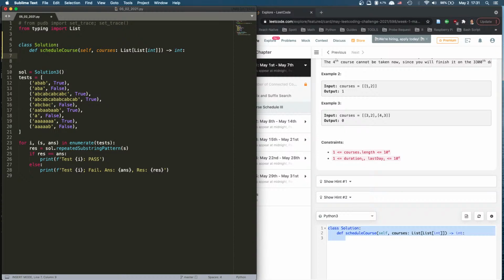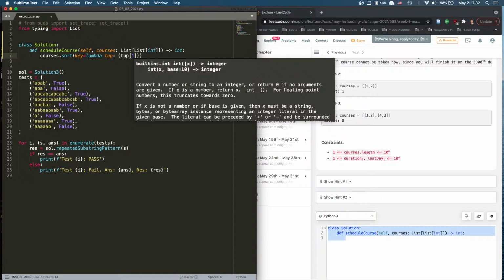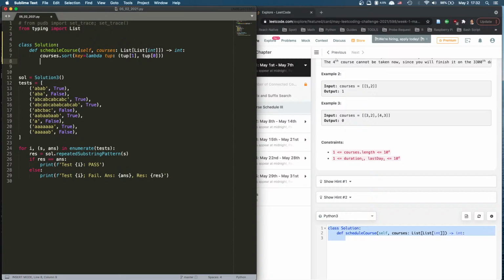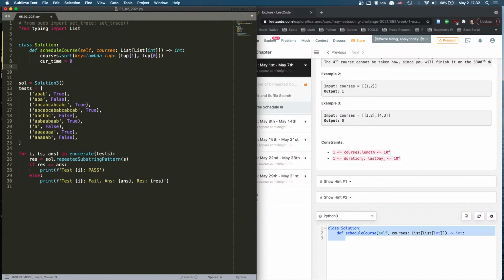So my idea is we're going to sort. Of course, we're going to sort. I'm going to say t equals lambda top, and then we're going to say top 1, and then top 0. So that's the idea. I want to get a smaller row first. And then I'm going to say current time 0, and